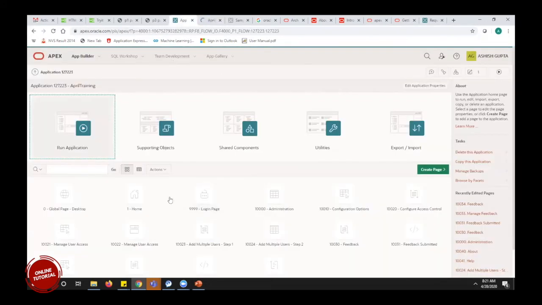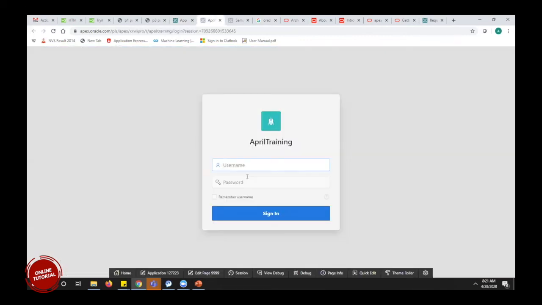just now I have created this, and these are some of the pages that it got created by itself. One second, let me just.